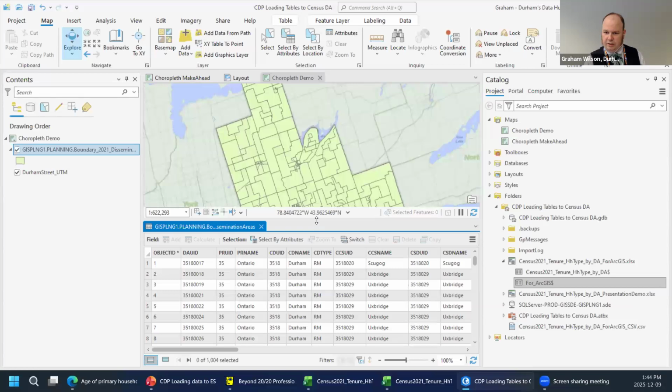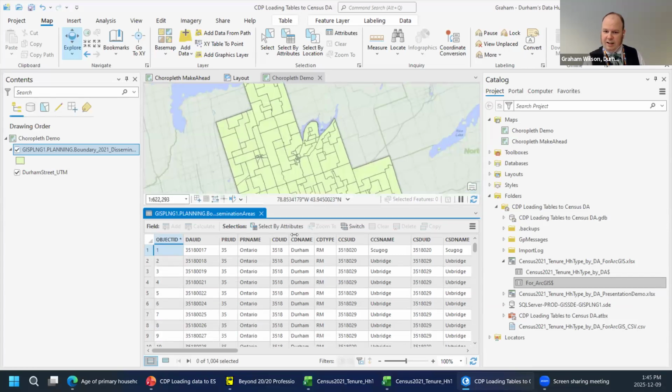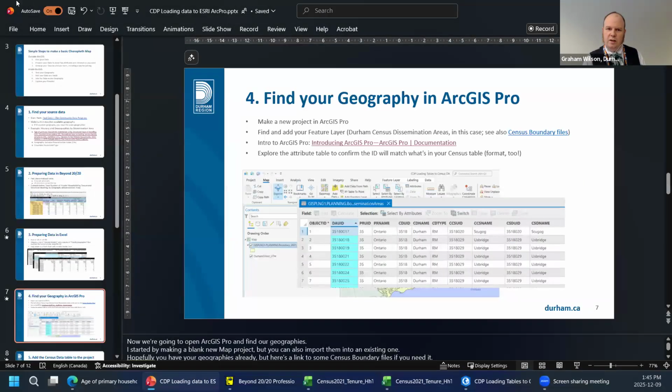Then you can see the attribute table here at the bottom, which has the different data and the different information for each dissemination area. And you can see the DAs here are 8-digit numbers formatted as text. That's what I want. Okay, and now I'm going to go back into the